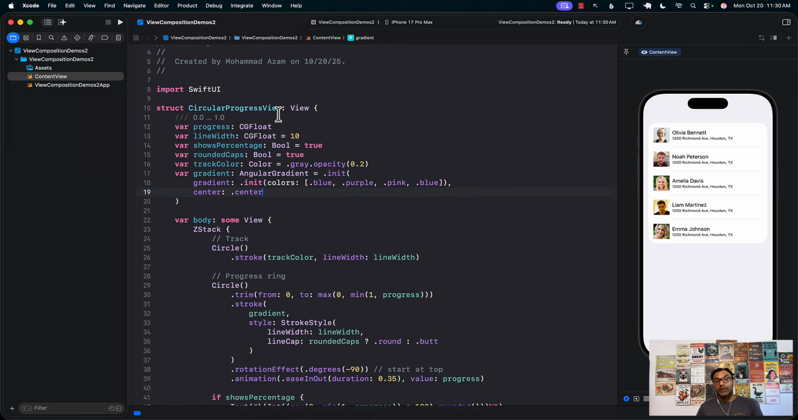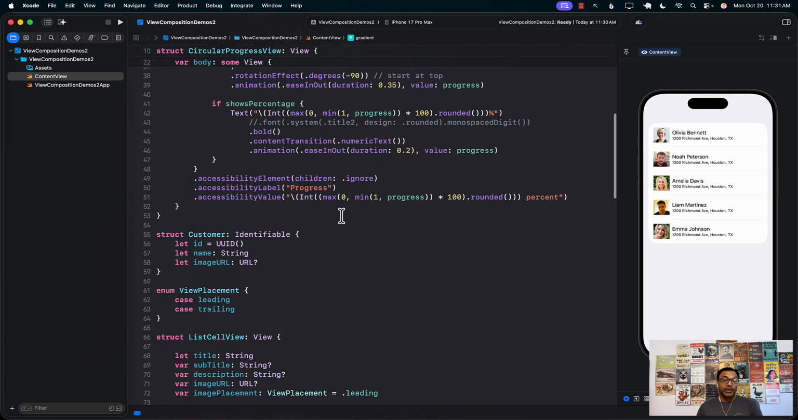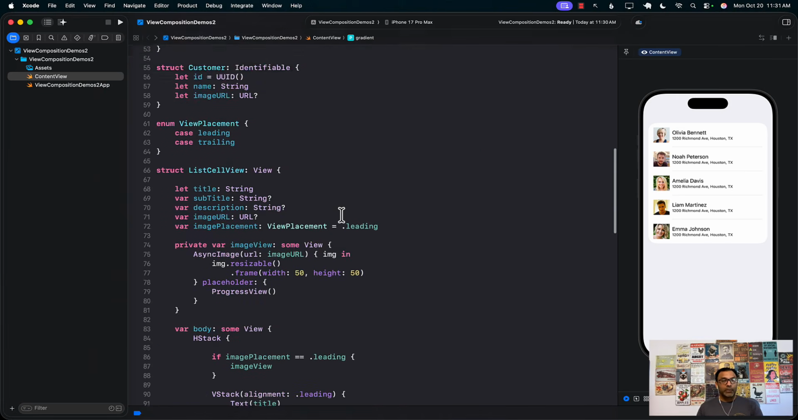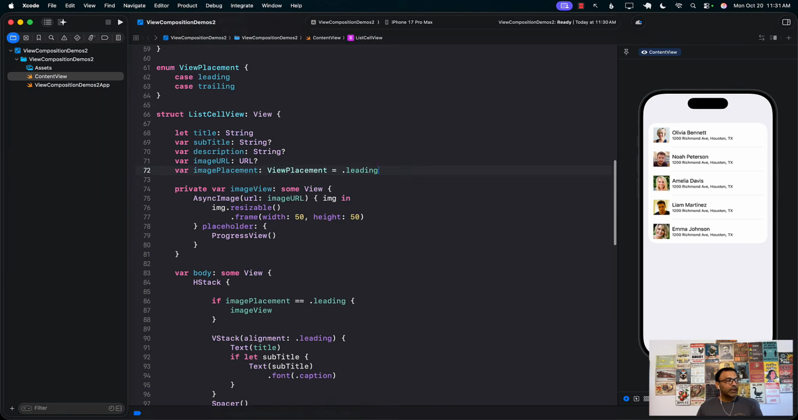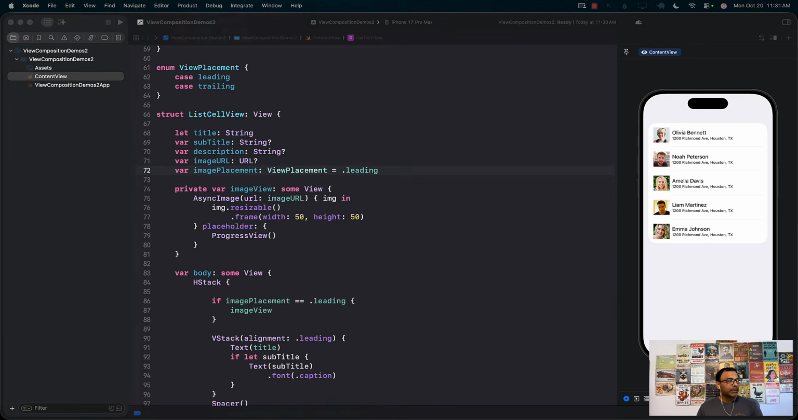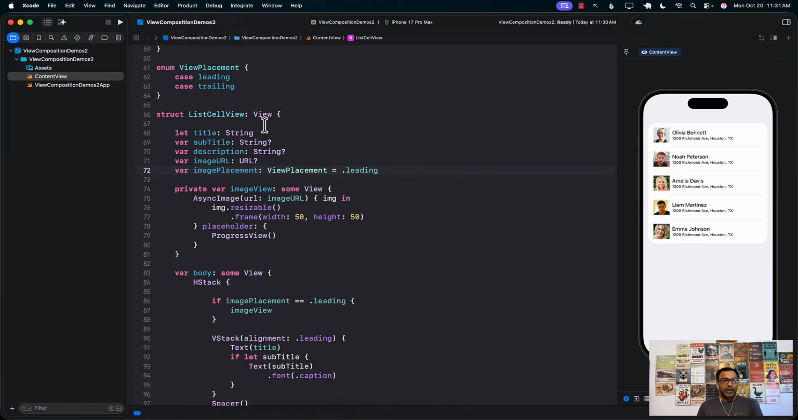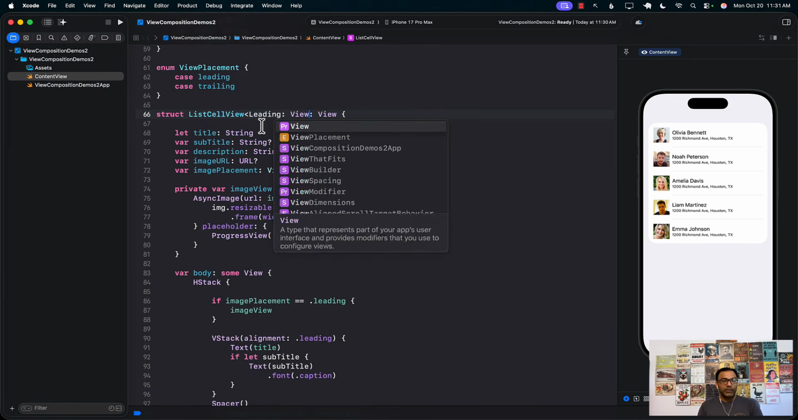But the point is, how do you display a progress view or a ratings view or any kind of a view in your cell view? Because there might be some situations where you want a custom control, the control that you have built, to be displayed in the list view, a list cell view. Well, in those cases, what we can do is take the power of the ViewBuilder. And I can go ahead and say that the ListCellView will have a generic value of Leading, which will be a View,